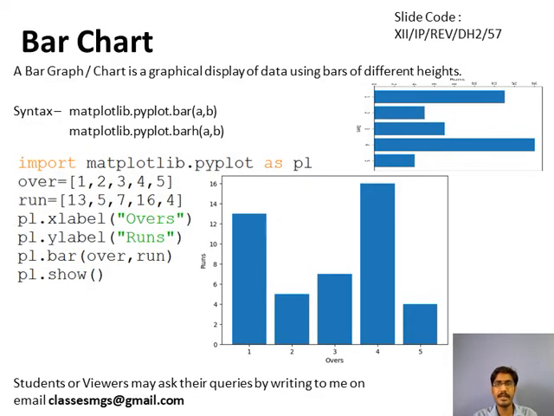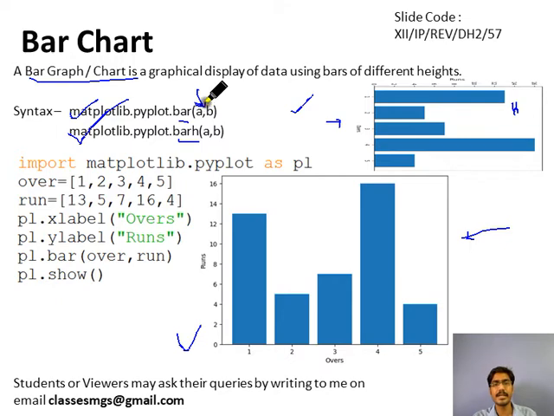We will now see the next type of graph, that is the bar graph. A bar graph is basically used to show the data category wise. So there are two kinds of bar graphs available. One is the horizontal bar graph and another one is the vertical bar graph. So this is the example of a vertical bar graph, this is the example of a horizontal bar graph. So there are two methods available in matplotlib for drawing the bar and horizontal bar graph.